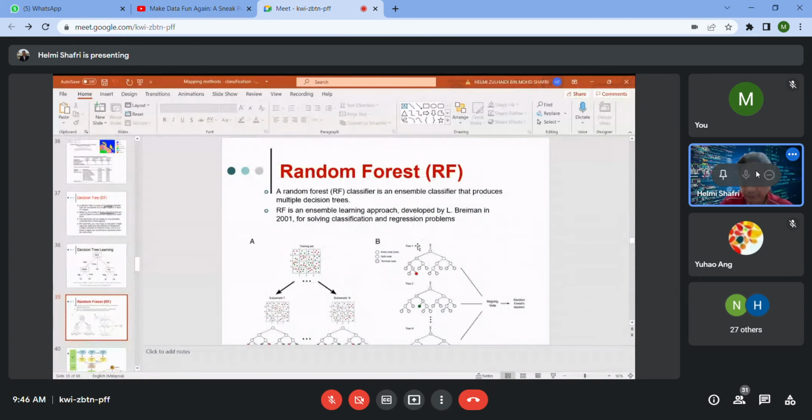Okay, so we have support vector machine. Support vector machine, as I have already explained, is based on the principles of finding the optimum separating plane between the different land cover or land use types in the image. On the other hand,